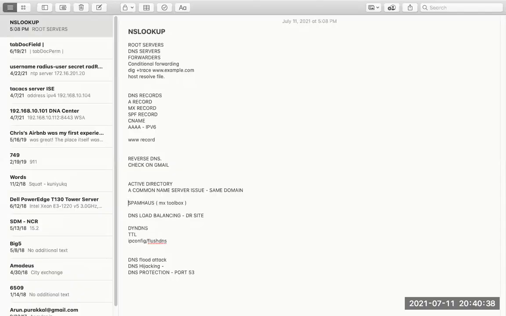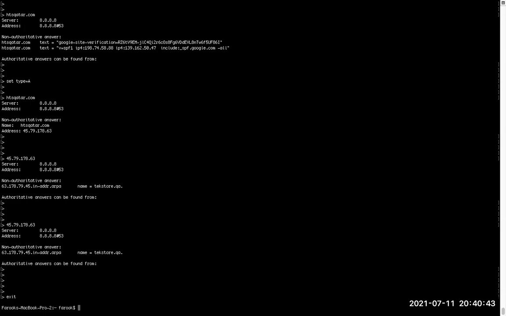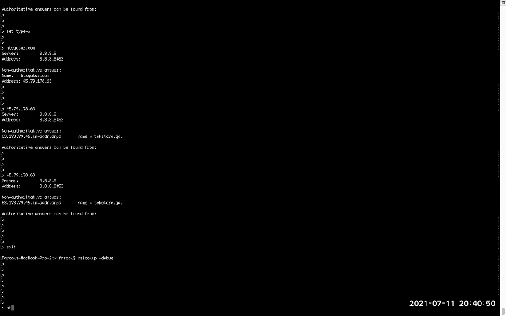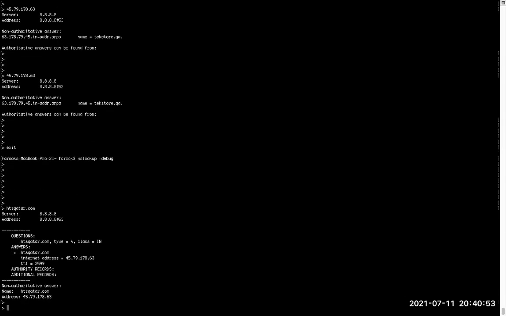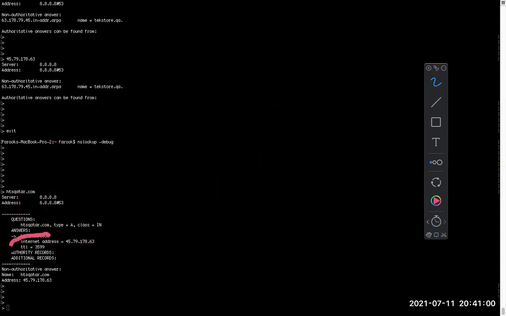One thing, TTL. When you are typing here in NSLookup, if you are using Windows, you don't need this command on Windows. But if you are typing it here in NSLookup, you need something here. It is called TTL. Can you see that? TTL? Anyone? Yes, yes, time to live, right?